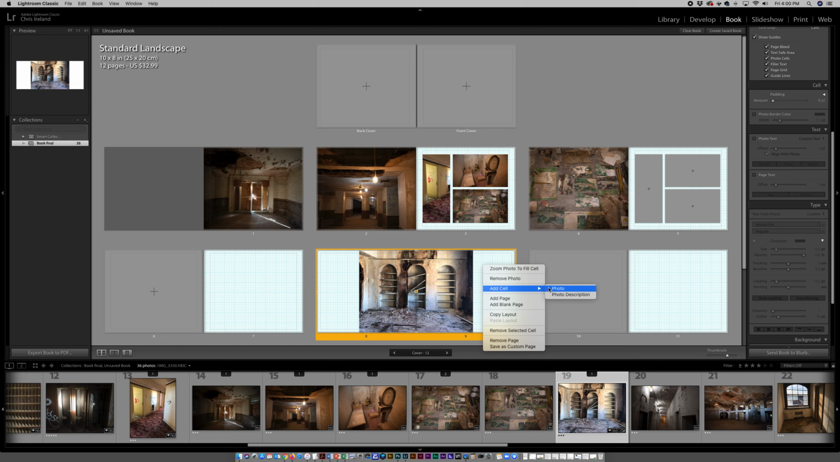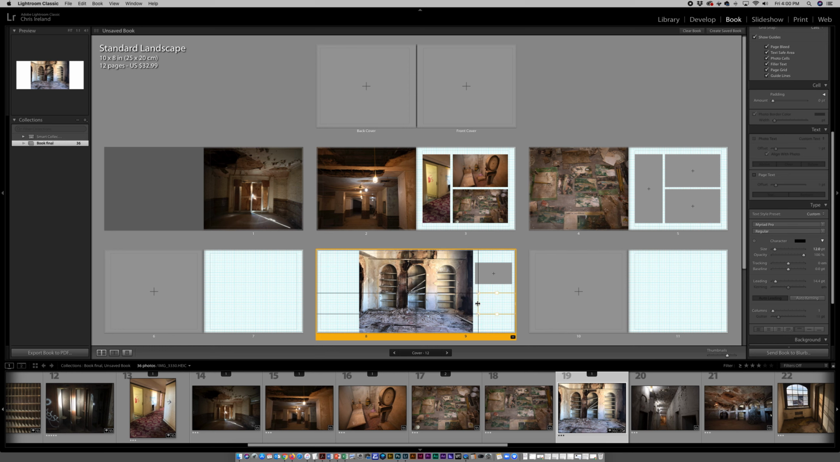Like you can add another cell. You can add some text. If you go to add cell and go to photo description, that's basically a text box that you can add. You can do all these things if you want to. It's up to you. I'd recommend that if you do add a spread, make note of this